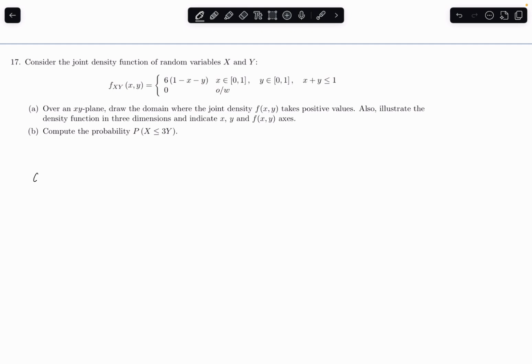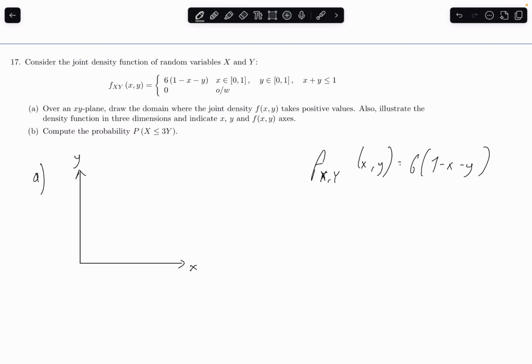So first, draw a right triangle on the flat xy plane. Let's draw our xy plane first. This is x, this is y, and since we have the joint density as this, for all points where